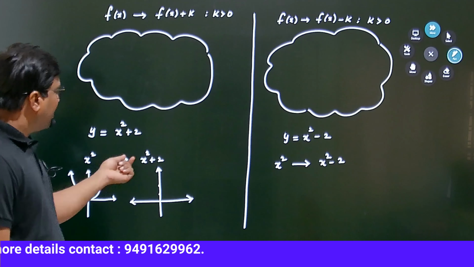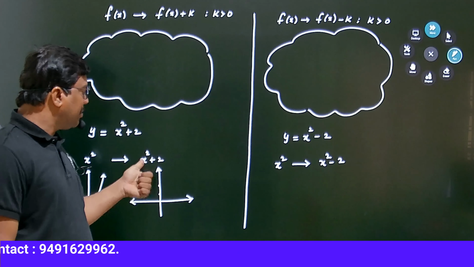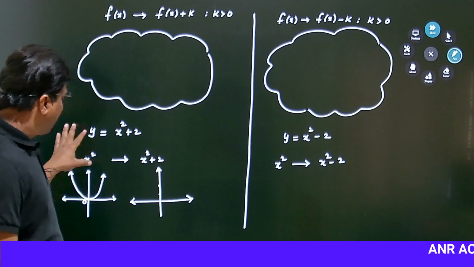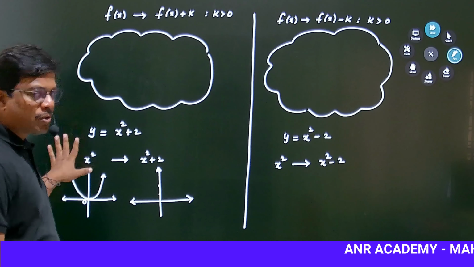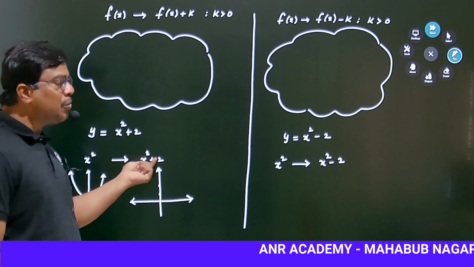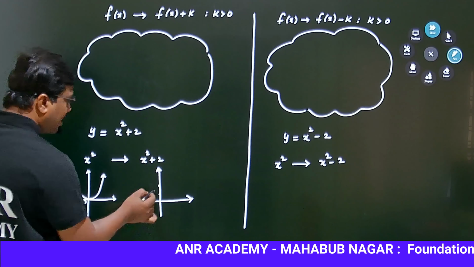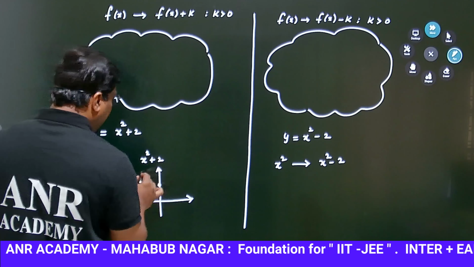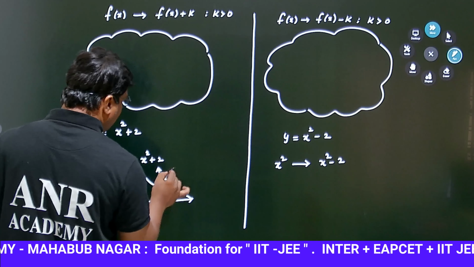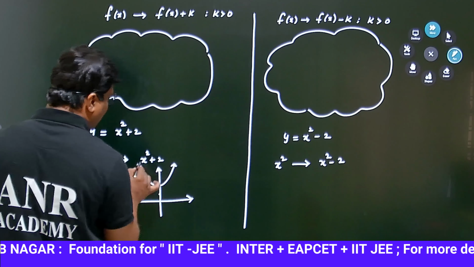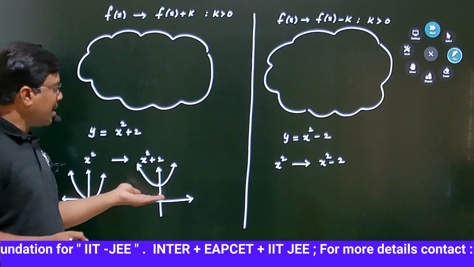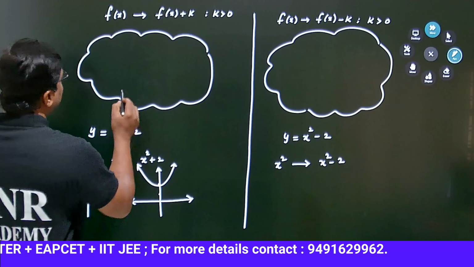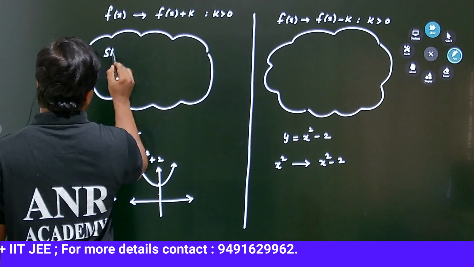But here when you write x value 0, 0 square plus 2 becomes 2. Previously when you put x value 0, the output was 0, but here it is extended by 2 units, so the output you will get here is 2, and the same U-shaped graph transfers 2 units in the upward direction of the y-axis. So here I am going to write: